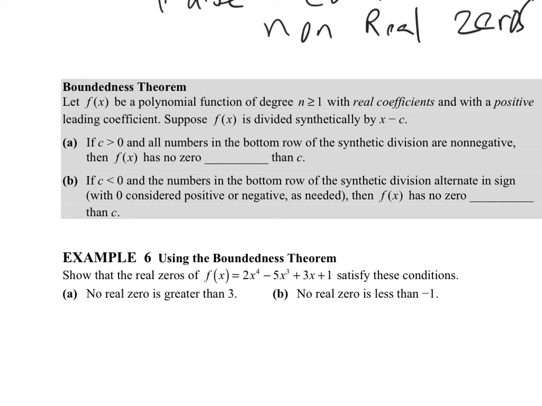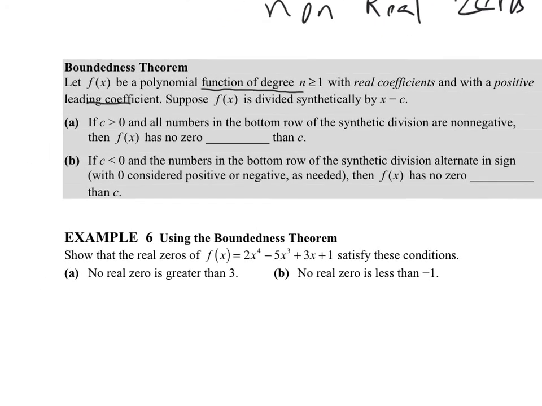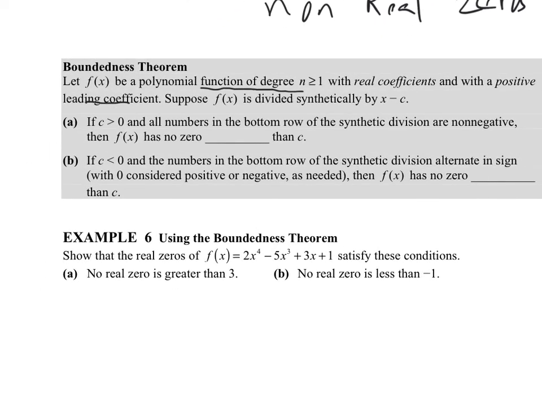Boundedness theorem: let f of x be a polynomial of degree n greater than 1 with real coefficients and with a positive leading coefficient. Okay, that's important. Suppose f of x is divided synthetically by x minus c. Okay, fine. If you were to do synthetic division and you divide by it,